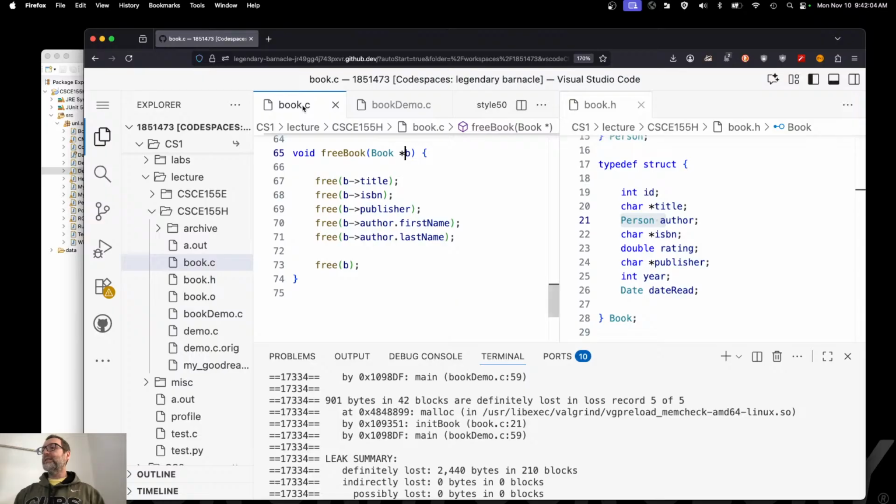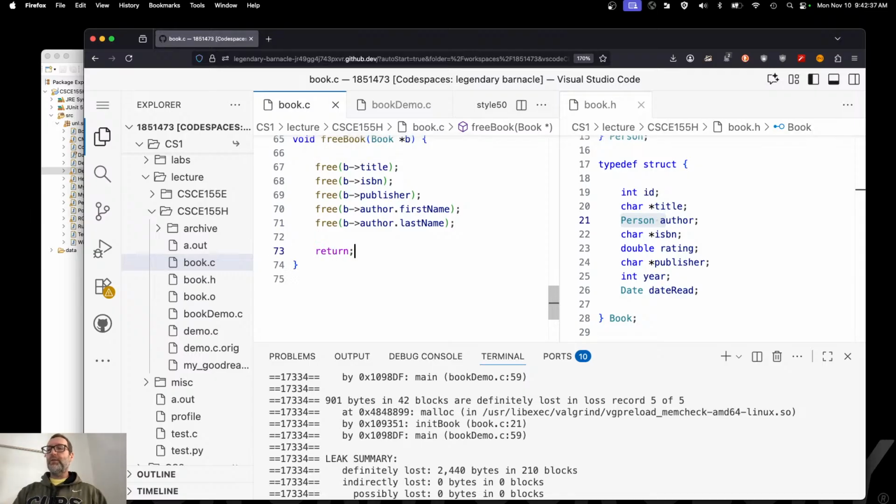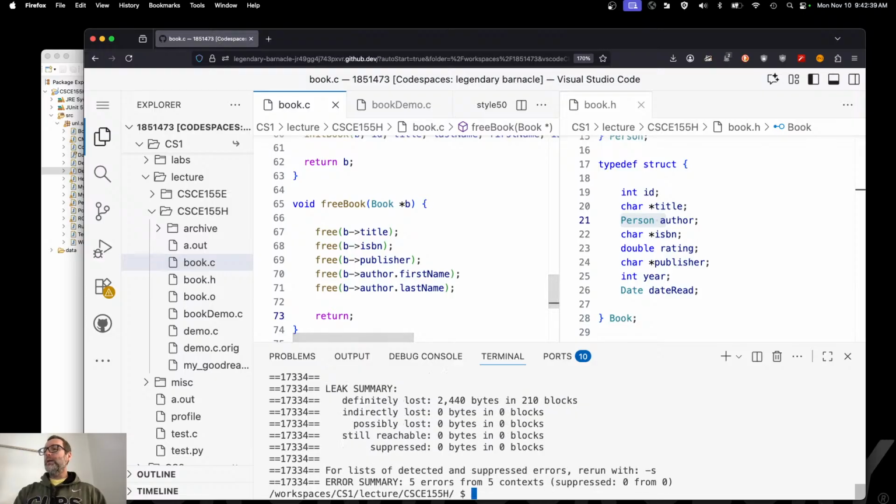If I did this, then basically what would end up happening is you would be freeing up one of the middle books, and you can't do that. When you free up that initial book, it would end up freeing up the entire array of books, because the pointer is technically to the start of the array. So if you free this up, it frees up all 42 books before you've had a chance to clean up those 5 strings of all the other 41 remaining books. So we're not going to do that. You should have a return statement here, even if it's not returning anything. All right, let's go ahead and